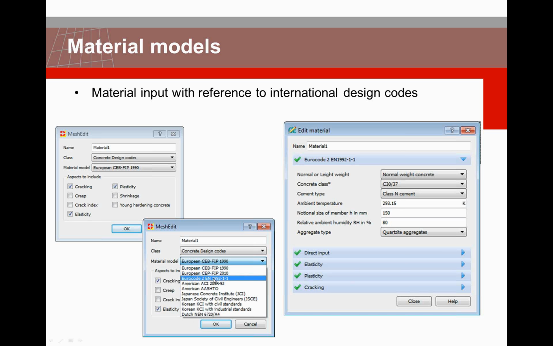When we choose, for example, the Eurocode, we can just select a concrete class according to the Eurocode, and all the properties for the selected aspects that we want to consider, either cracking or creep or elasticity, plasticity, shrinkage, are defined automatically with reference to this design code. Apart from the Eurocode, we offer also the fib Model Codes, the 1990 and the 2010, some American codes such as ACI, AASHTO, Japanese codes, Korean codes, and also Dutch codes. We are a Dutch company, so